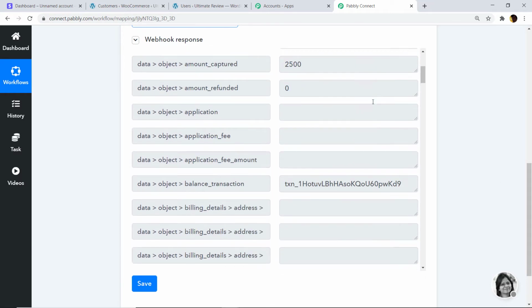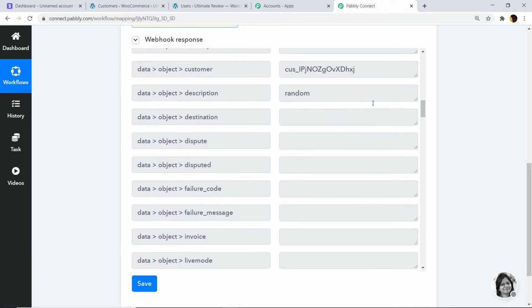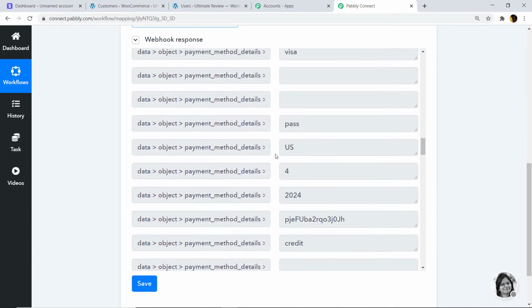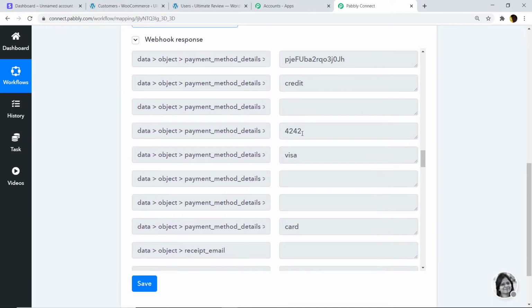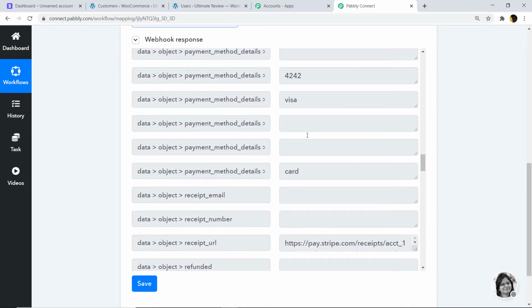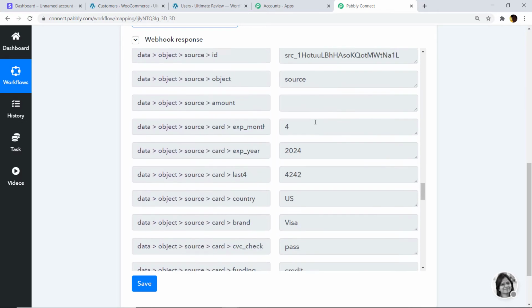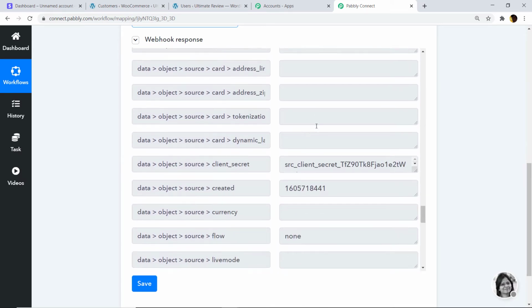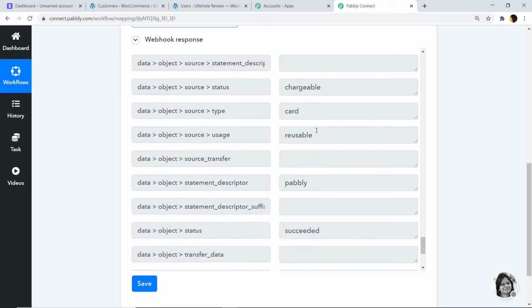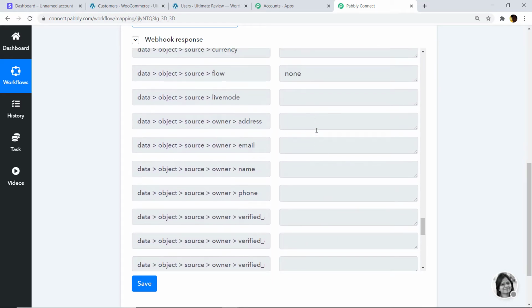So let's have a look. Let's scroll down. Okay, so payment completed is showing, and it's United States dollars, and these are the last details of the card, and this is the card, that is Visa card. Okay. So actually I want to show you something. Let me scroll down. Let me scroll down even more. Okay. Yeah. This is something I wanted to show.